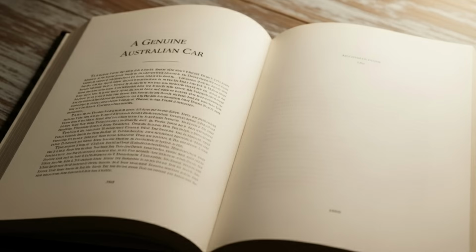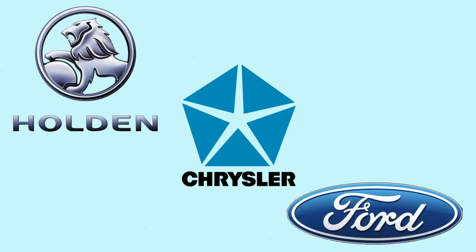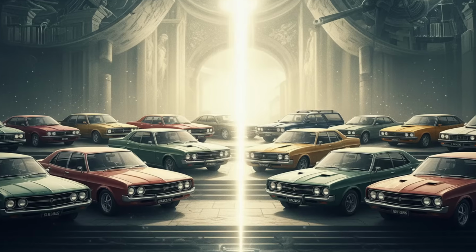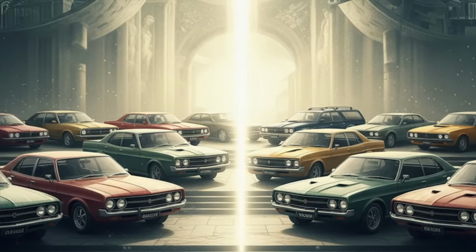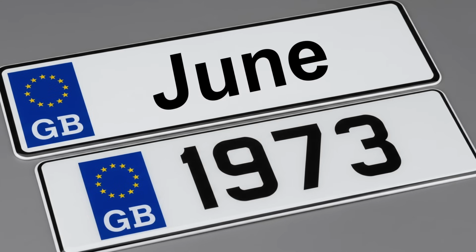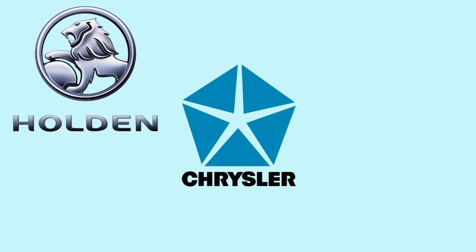This is a story of a car that some say is a genuine Australian car, more genuine than a Holden, Chrysler or a Ford. It was a car that in a brief shining moment was poised to change Australian automotive history forever. Launched in June 1973, it was the first homegrown family car to truly challenge the dominance of the